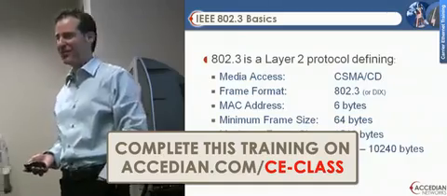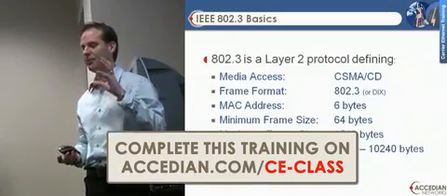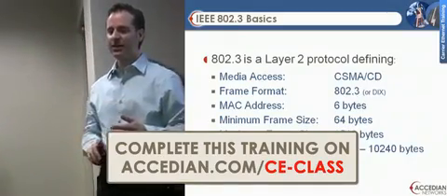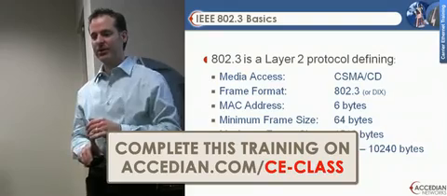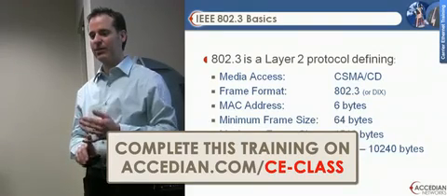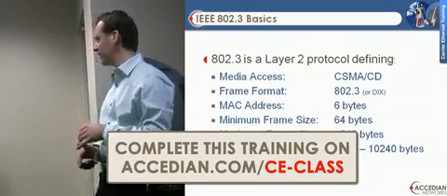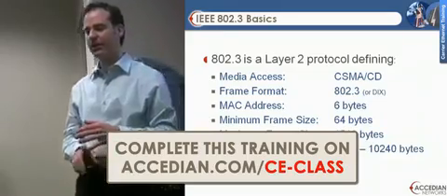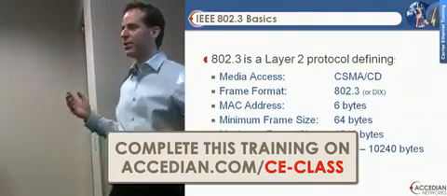So what are the basics of 802.3? These are just the real basics of what Ethernet is. Media access is based on something called CSMA/CD, which is carrier sense multiple access with collision detection, which means that as packets try to get broadcasted in